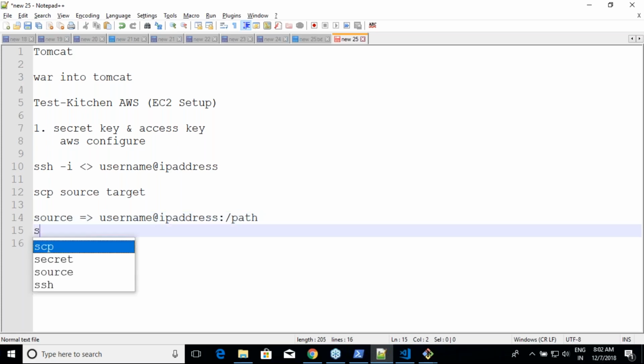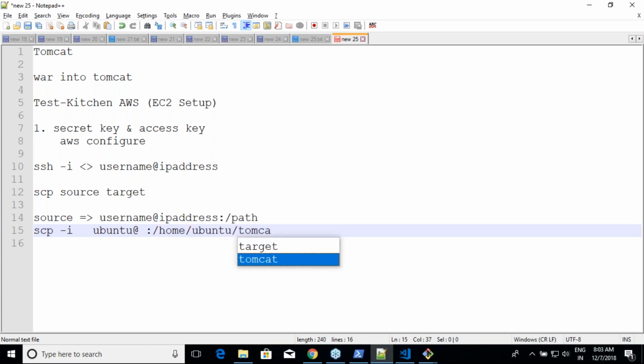So my command will look like scp -i, whatever the identity file is, and my source is the Linux machine, and the destination is my Windows machine. So I'll use the username of that machine, ubuntu@ whatever the name of that machine is, colon, and I have a file tomcat7 in /home/ubuntu/tomcat7, and I want to copy that over here. Simple. So that I'll get my tomcat7 file in my local system.